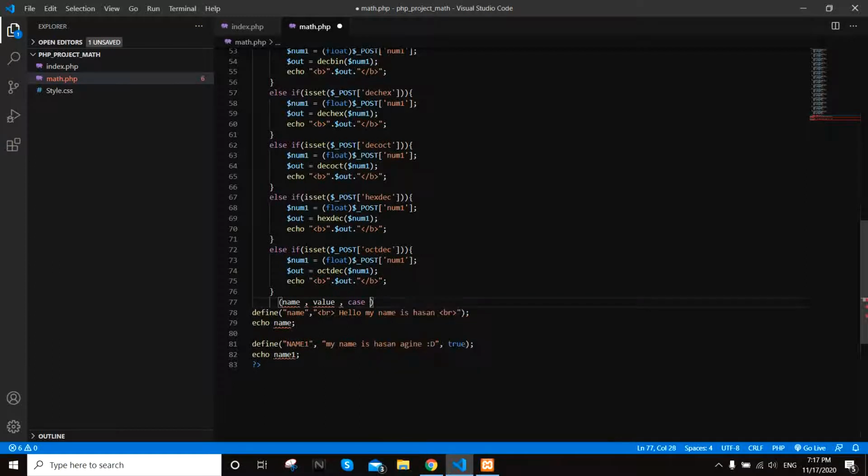Okay, I am bad with that. Okay, name, value, and case sensitive. Like, for example, here, the first define, the name of it, I just write name. So if I want to call the data inside here, I have to call it with the same capitalization. If the n is capital, I have to write it in capital here,